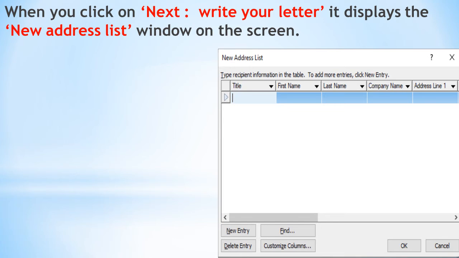If you want to change the name of a column, or if you want to remove those names, you don't want so many columns. You want only the name, the address and the phone number. Only this much you want.